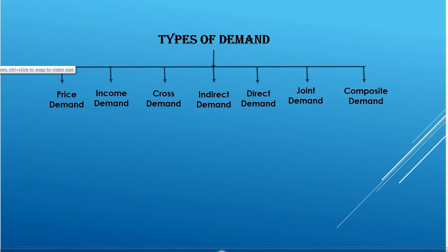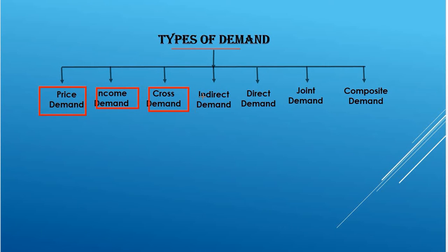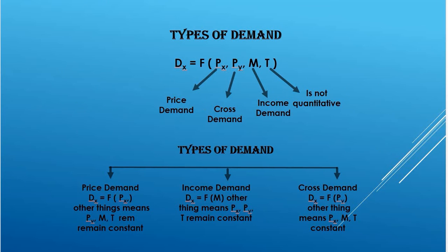Let's discuss the types of demand. In this, we have price demand, income demand, cross demand, indirect or derived demand, direct demand, joint demand, composite demand. We know that the demand of X depends on the price of X goods, price of related goods, income of the consumer, and taste and preferences of the consumer. The taste and preferences of the consumer cannot be measured quantitatively. So if we exclude this and discuss the other determinants of demand, that is price of commodity X, price of related goods, and income of the consumer,